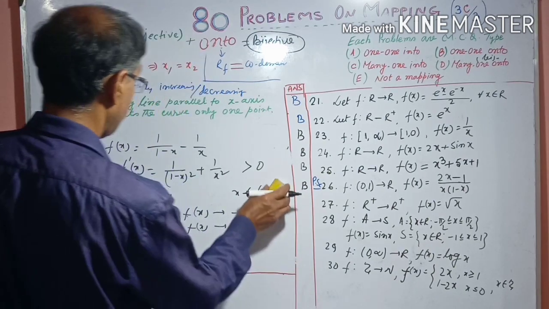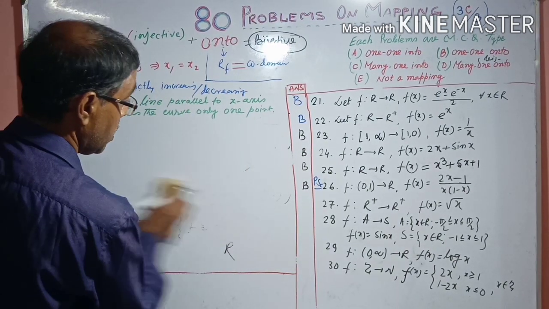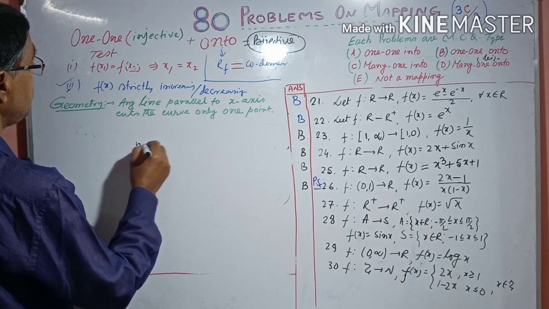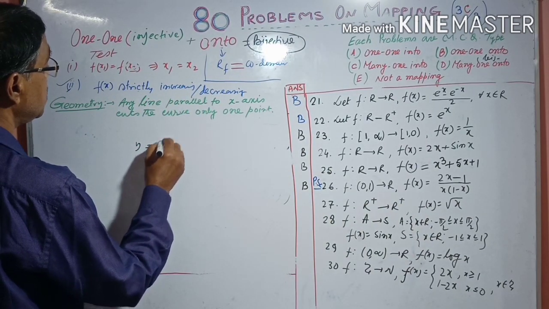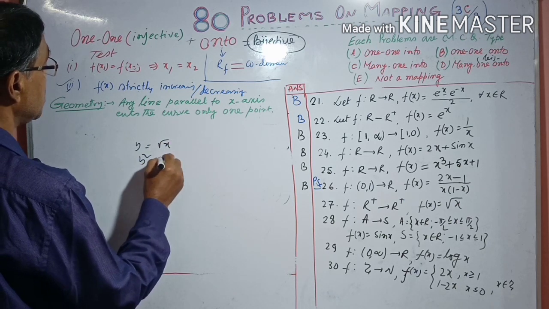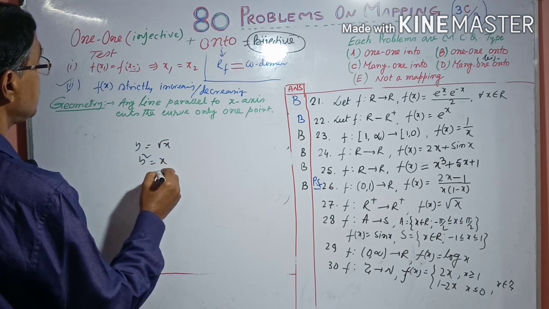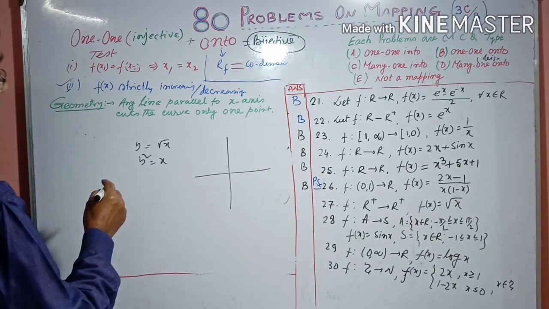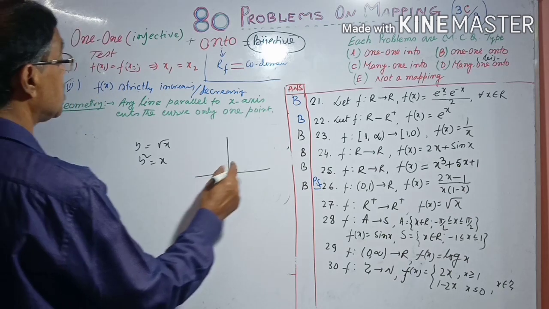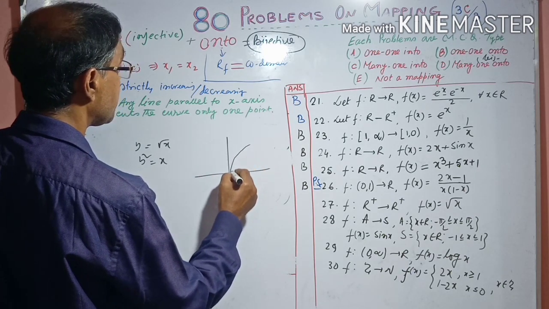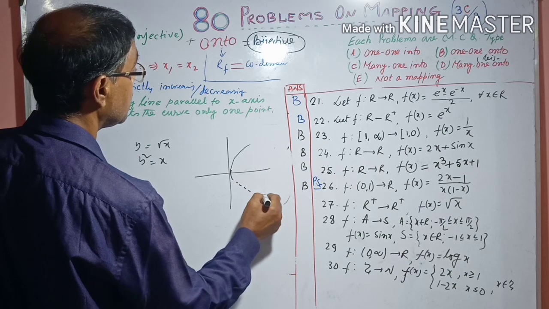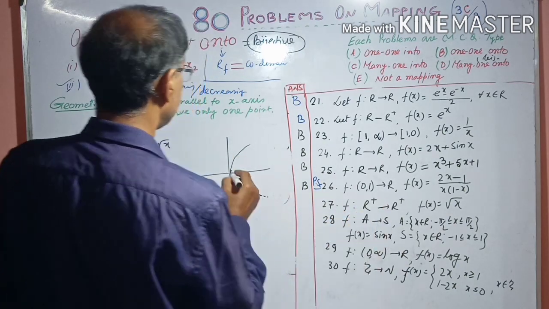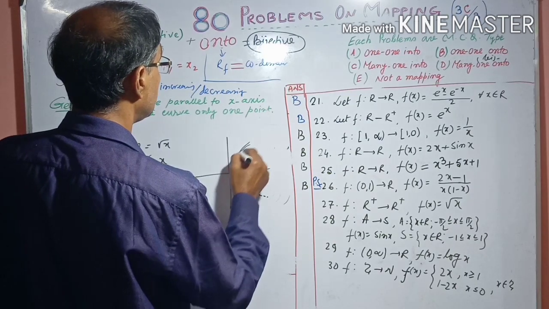Now sum number 27, f(x) equal to root x. If we write y equal to root x, then y square equal to x, that is x equal to y square. Y square is of this form, but here the domain is R plus, so the domain is R plus,